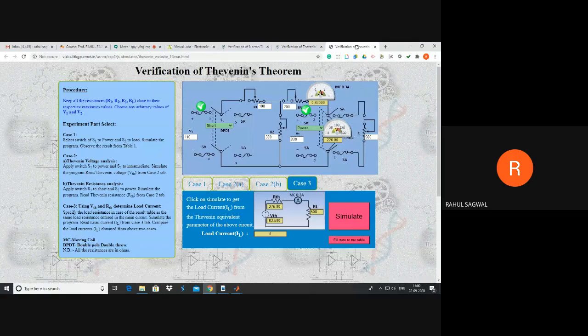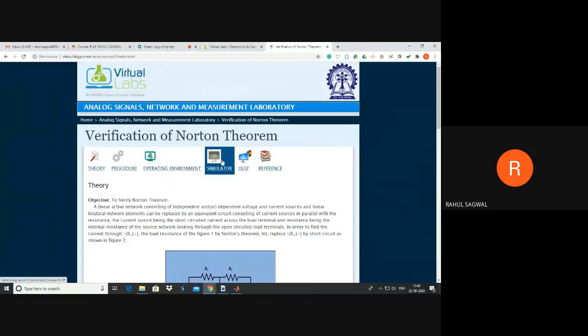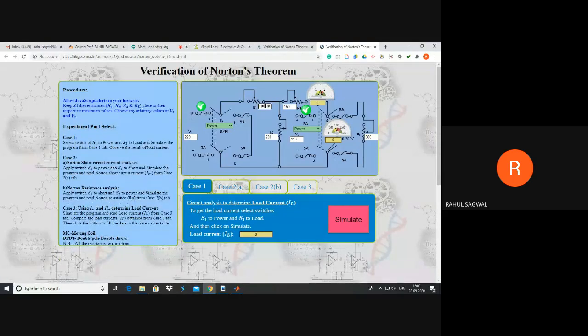If you want to verify those values here also, you can do that. Just change these circuit parameters. This one was 100 there. This one was 200. This one was 300, 500. This we took 110 volt. Follow the steps: S1 to power, S2 to load. So your normal circuit current, the original circuit current, is this much.